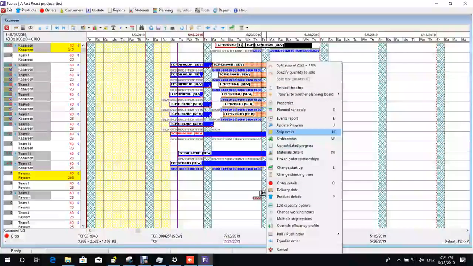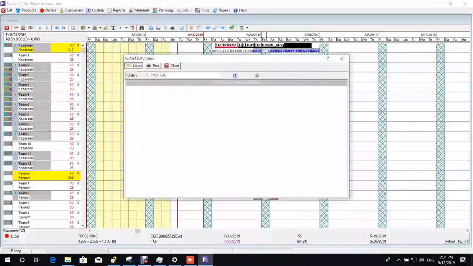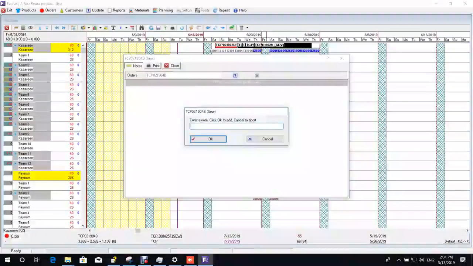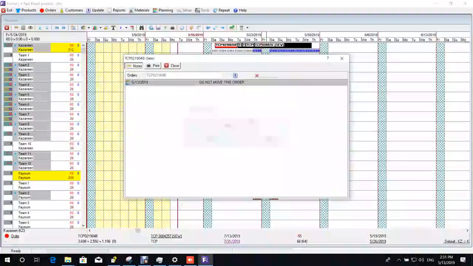Okay, strip notes. This is another good one. What we allow you to have here is notes. So this is a free type field. You can type anything in here, any little reminder to yourself of this order, don't move it. It's a priority order for TCP, or bring this order. You can put a reason in why. If it's late, you could say this is late because we haven't got the fabric in time, and you can say do not move this order, as for example,